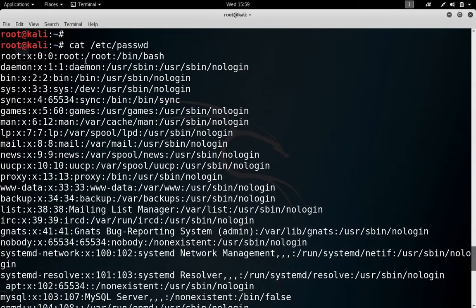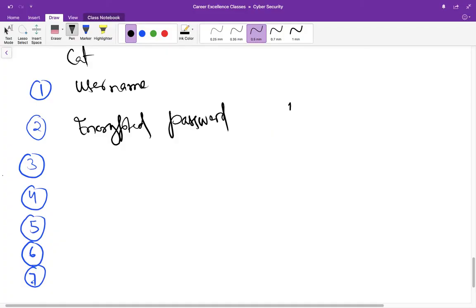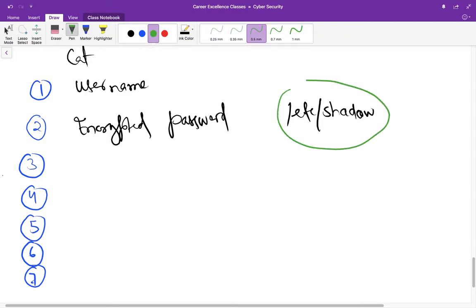If you see this first line, root is the username and x is the encrypted password. Wherever you see x, that means the password is stored in a file, and that file is /etc/shadow.